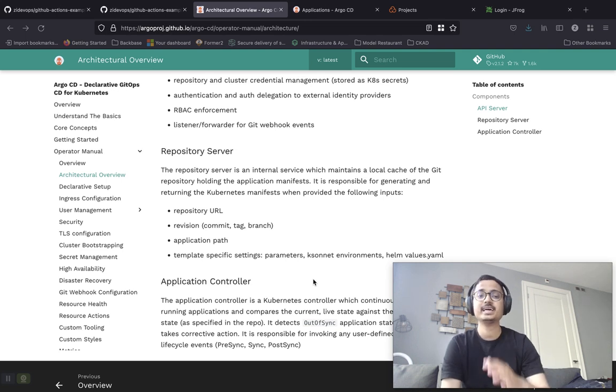So your entire Helm chart code or whatever YAML files, like a deployment YAML file, a service YAML file, whatever YAML file you have within your GitHub repo is going to be synced in an automatic fashion, or you could also choose to sync it in a manual fashion into your K8s cluster. So having said that, this is what Argo CD does,